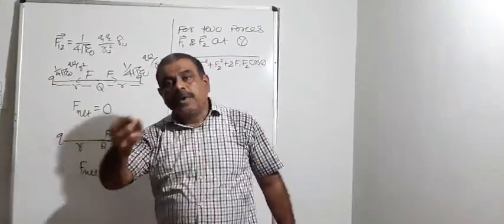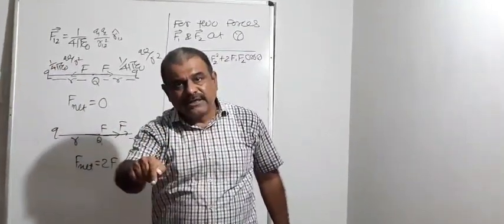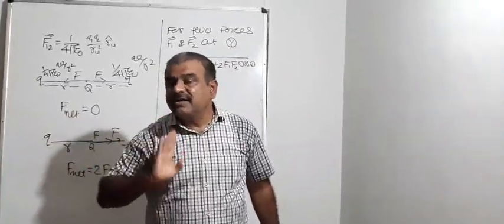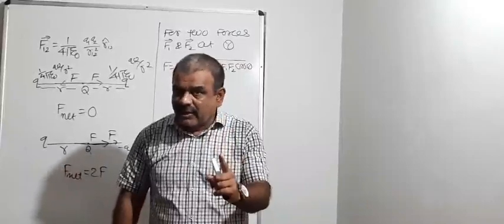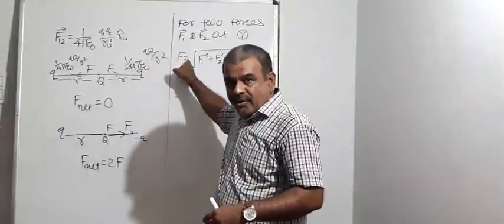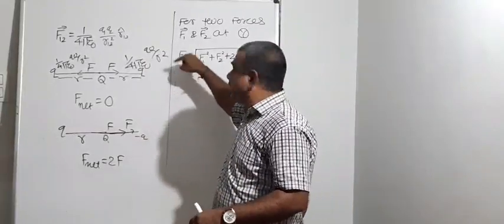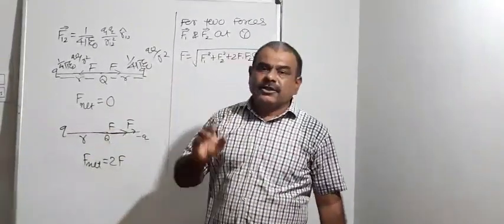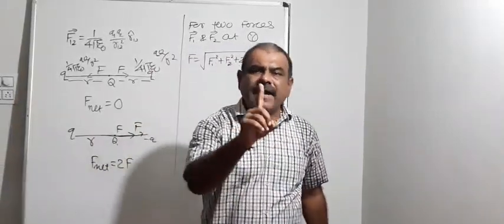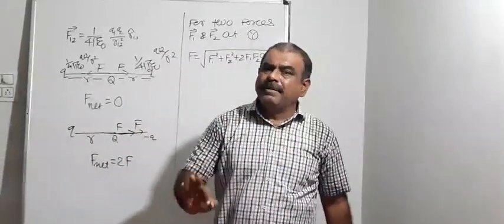First is this: while finding the resultant force on any charge by two or more charges, never consider the sign of charge, consider the sign of direction. Second is, try to solve problems using the law of cosine when you are finding the resultant of two forces. And third is, again, that simple 11th-class vector algebra concept: the parallel component of a vector is by cos and the perpendicular by sine.